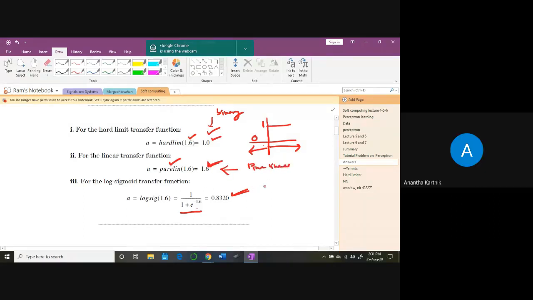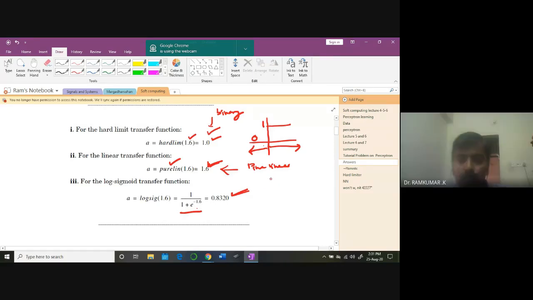In the second case, the pure linear function, how would we know whether the required output is a positive one or a negative one? We should know the labels, because all these we are doing for supervised learning. For example, if I'm going to have some negative values, I will not be using pure linear. I will be using some function like this.